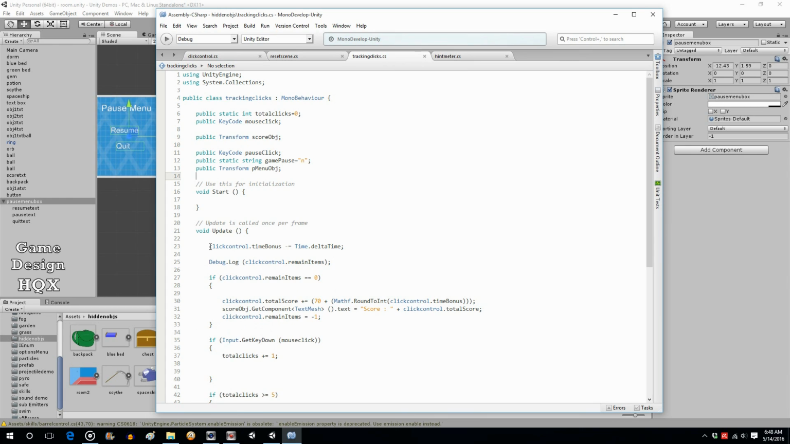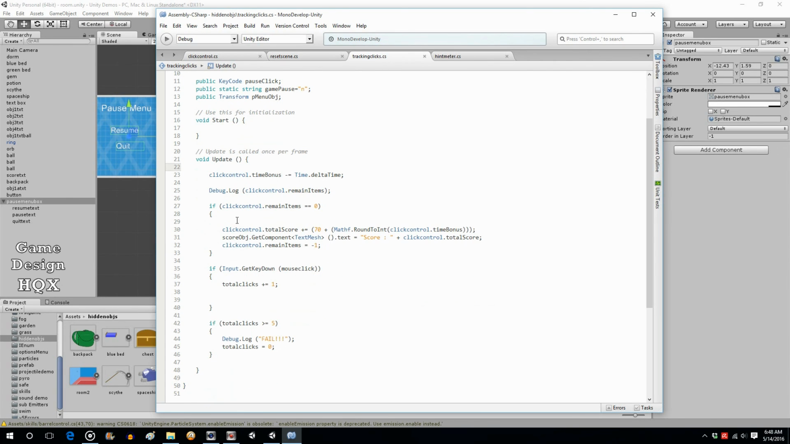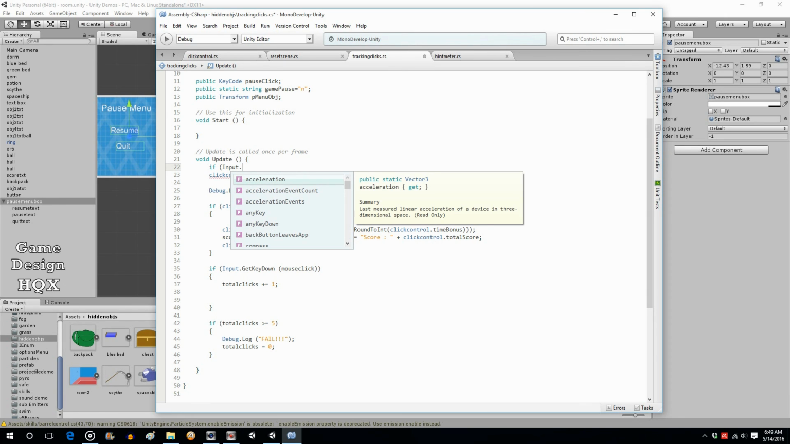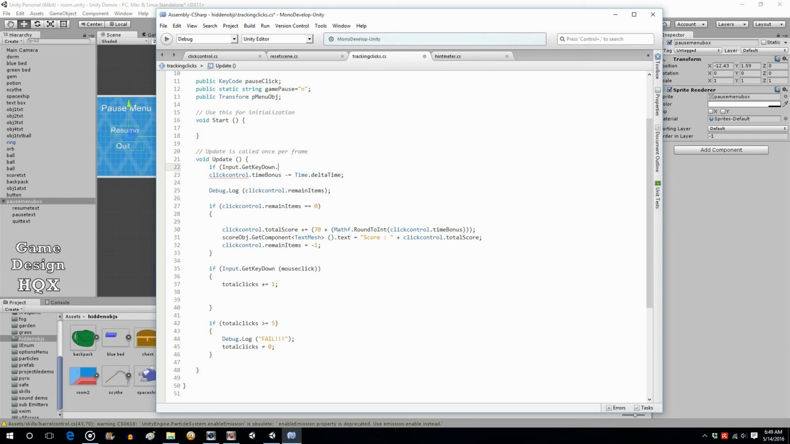So, if pause click, if input dot get key down, and it has to be get key down, not just get key, or else it's a rapid fire, so we just want it to detect the click once. Input dot get key down, pause click,